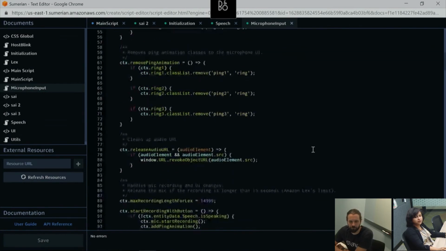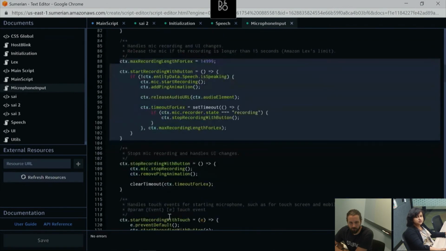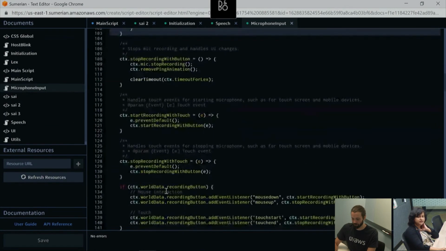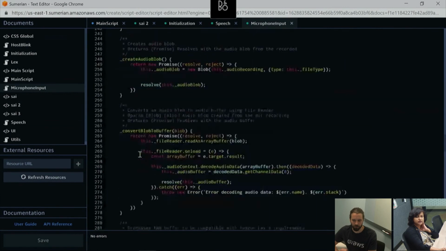When we are capturing the microphone input, you would have seen that the rings are coming, and we are capturing the audio recording and everything. So later at some point of time, if I want to implement Transcribe, you can speak in any language, and it will identify the language, you don't have to specify it. We can convert it to English, so we can post it to Lex. So that freedom we'll get using this start microphone recording and stop microphone recording. So this is the code for that.